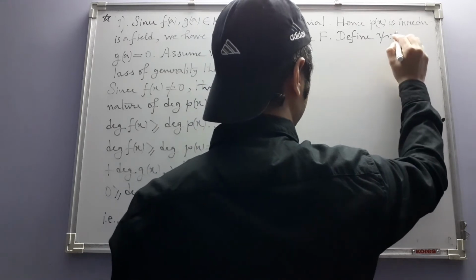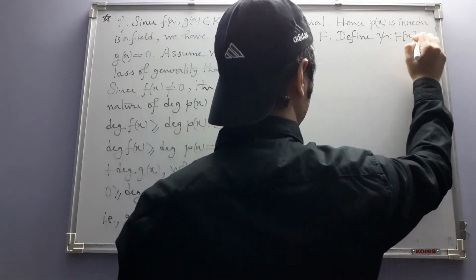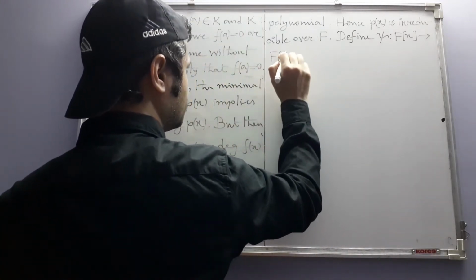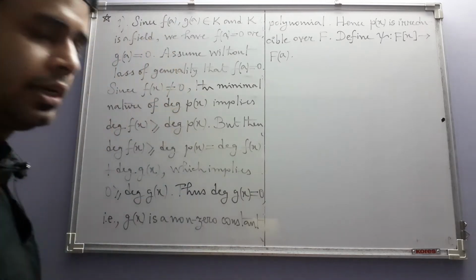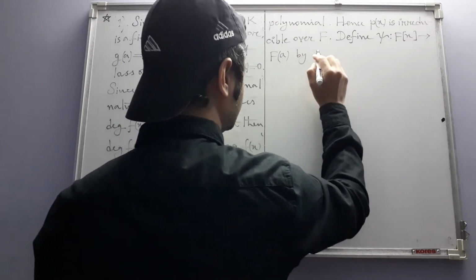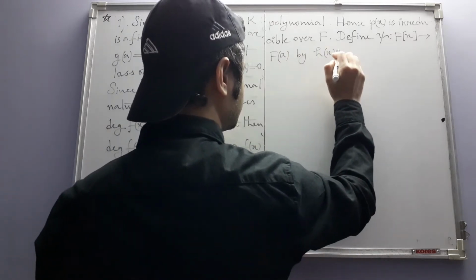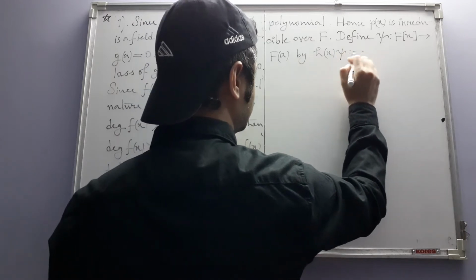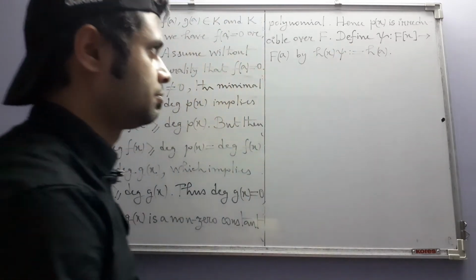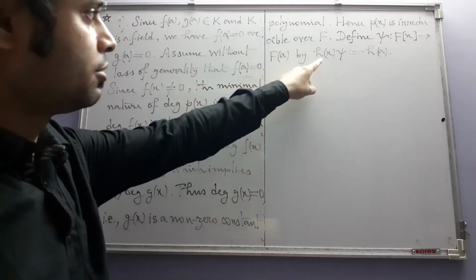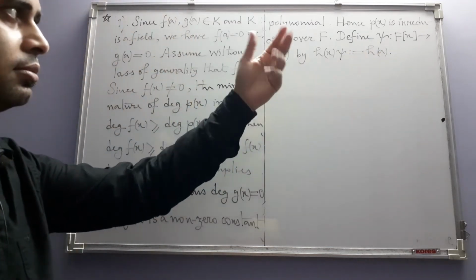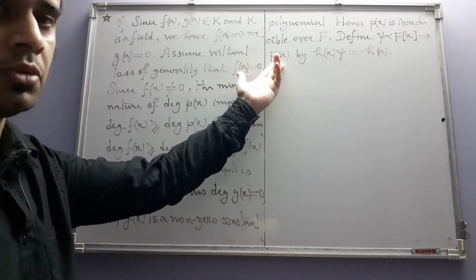Define a mapping psi from the polynomial ring F[x] into the field F(a) obtained by adjoining a to F. What is the rule? The rule is this: any element h(x) is mapped by psi onto the field element h(a). Because if we evaluate the polynomial h at a, then this is going to be an element in F(a), because after all, you see,